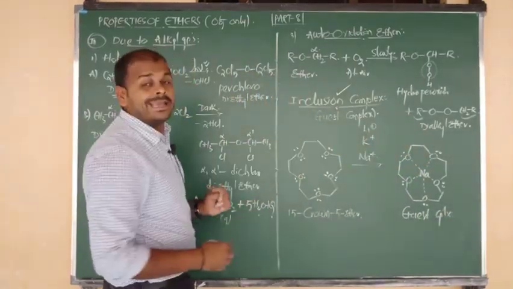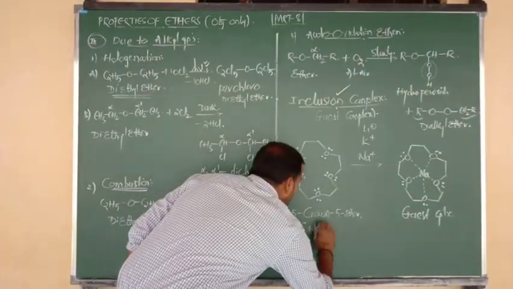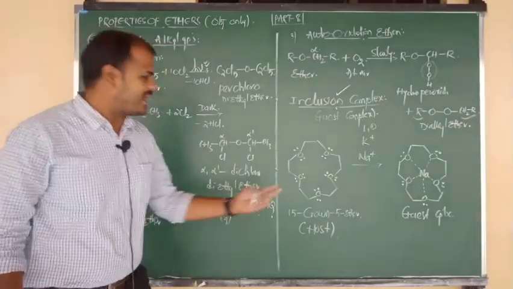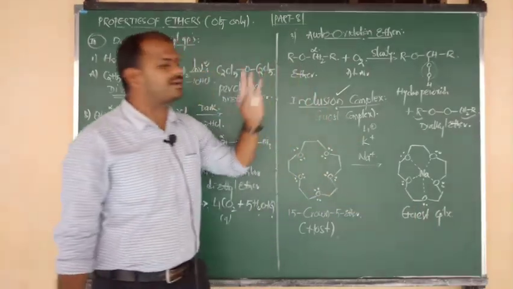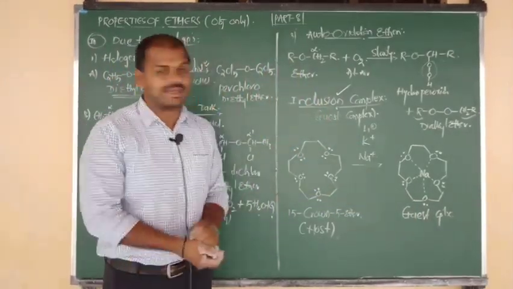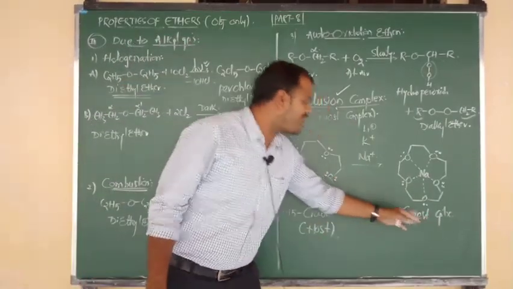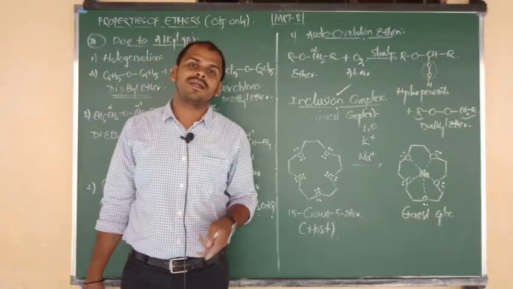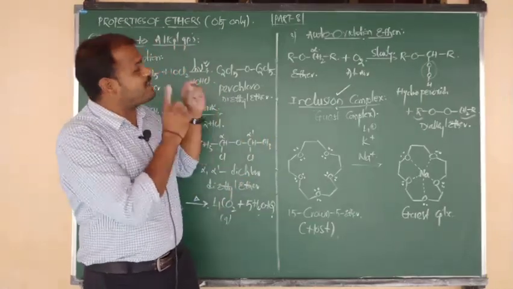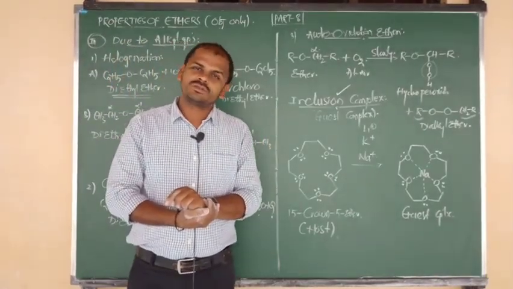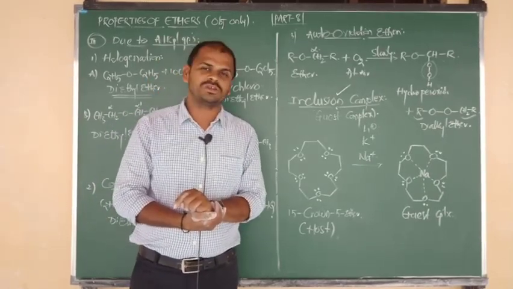For the formation of such an inclusion or guest complex, in that reaction, crown ethers act as host materials. So they are giving a position for what? Na+ ion, and they are making a new complex. Such complexes are nothing but inclusion complexes, or guest complexes. So all the crown ethers on reaction with positive metal ions form inclusion complexes, which we can call guest complexes. So this is the story about the properties of ethers, beta. From tomorrow onwards, we are going to discuss the new chapter, aldehydes and ketones. Okay.